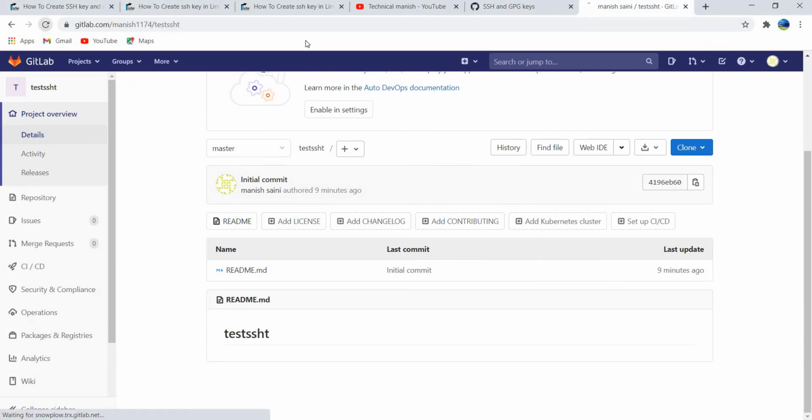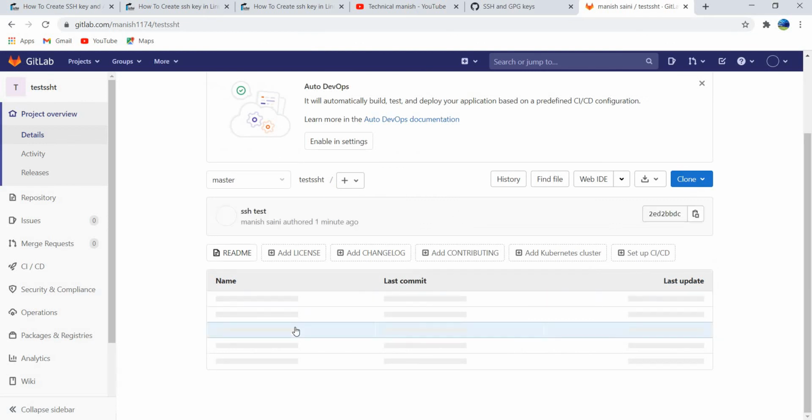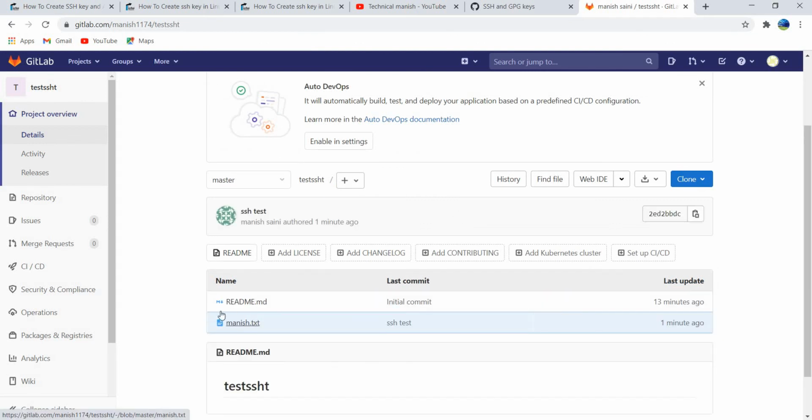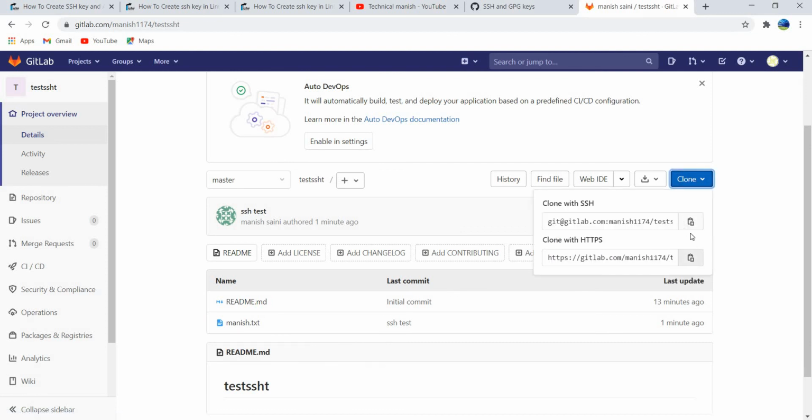Let me refresh this URL. Yes, here is manish.txt. See guys, so we can use this SSH URL instead of this HTTPS URL.